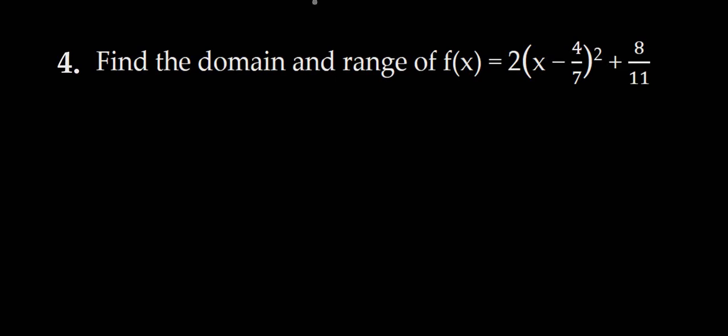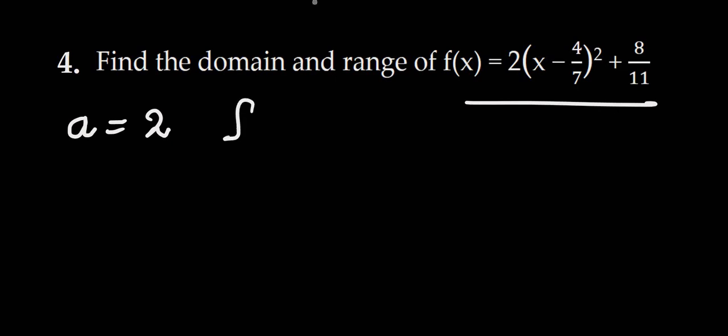Now, to solve this problem, first you must recognize that the function is given in the standard form. Therefore, the value of a is equal to 2, and f of h can be identified directly as